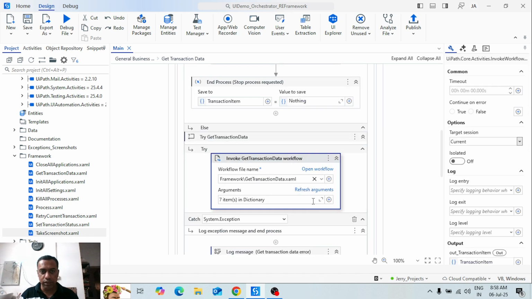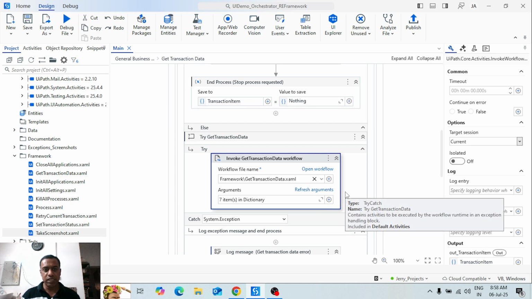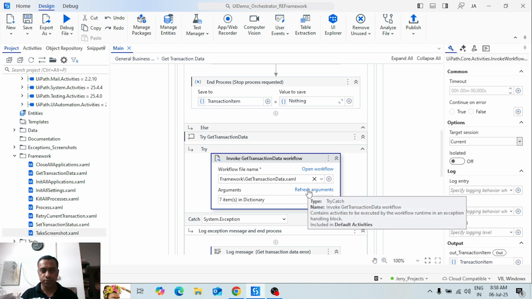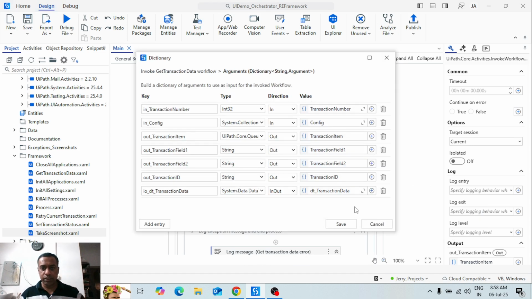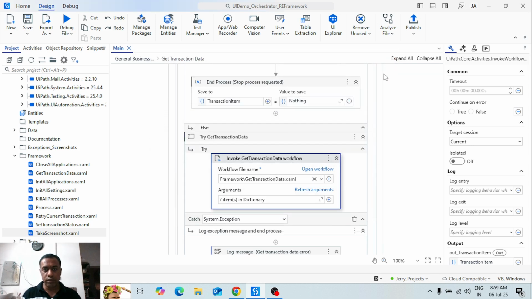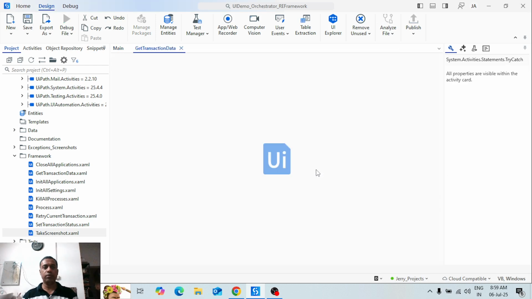Okay, so this is once everything is fed into the queue, we are going to get all of those transactions out here. Here are a certain set of transactions. So this is your data table. This is the config data and all the data from the queue, right, that comes out over here. Just a few important ones that I wanted to look at. If you look at this workflow,